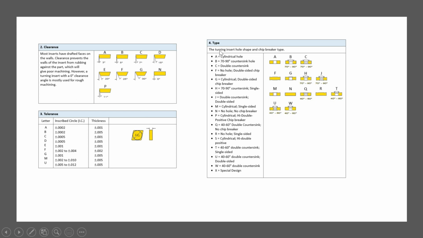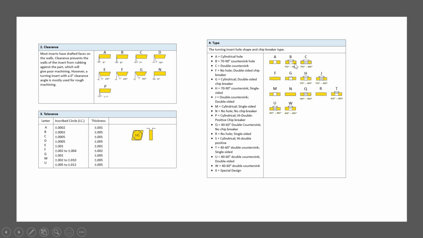The fourth character is the type, or you can consider it the design, of chip breaker and hole size. Different chip breakers are available with different holes. If you consider A, it is just a cylindrical hole. For A, B, C there is no chip breaker, just a hole, where A type is a cylindrical hole.